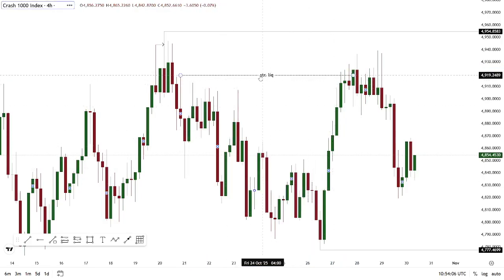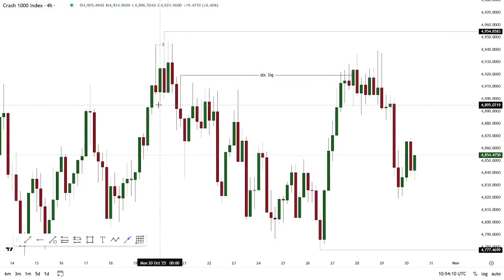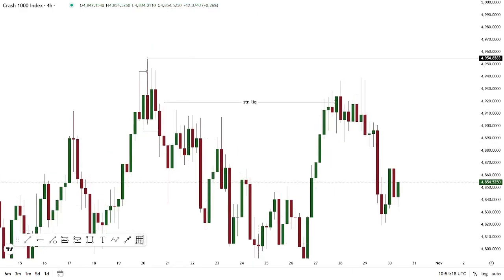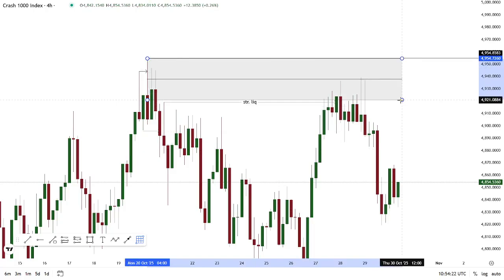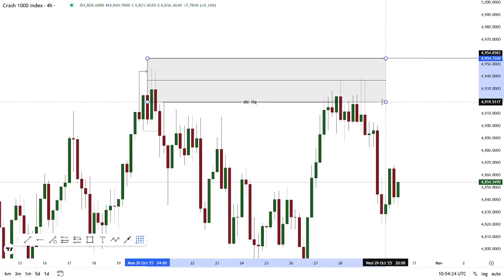This right here was the highest point the price gave before breaking this low, which was the leg that took out the liquidity. So anything within this box, from this high all the way to this structural liquidity inside of this,